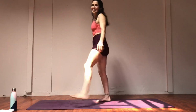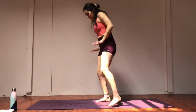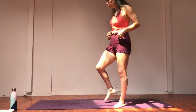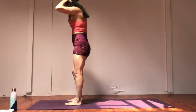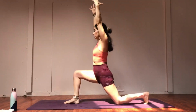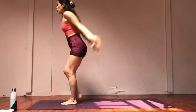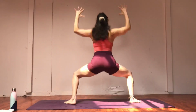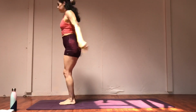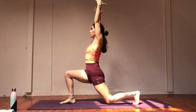Let it go. Shake it out. Good. A little massage into the hip flexors that are working hard to hold that leg up. Next one, step the left foot back, and then we're going to open, goddess, lunge, step together, switch, big lunge, goddess, lunge, come back. So this time, our body stays tall instead of that halfway fold, and then we open,